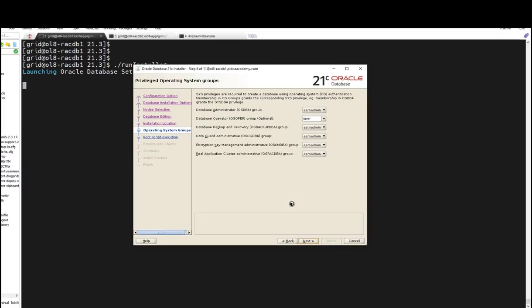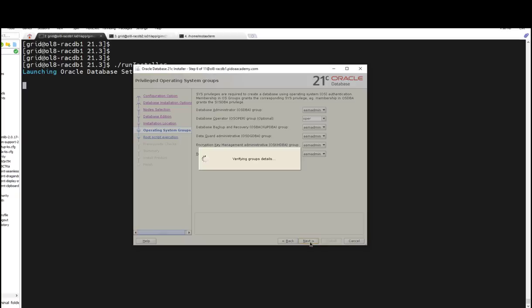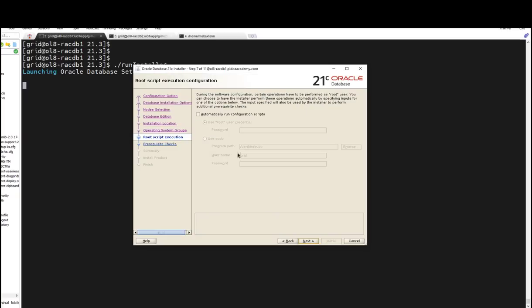Okay, fine. Proceed, next. This is perfectly fine. We can decide to run the root.sh automatically at the end, so I will provide the root password here. You can also do it manually. This is okay. Next.